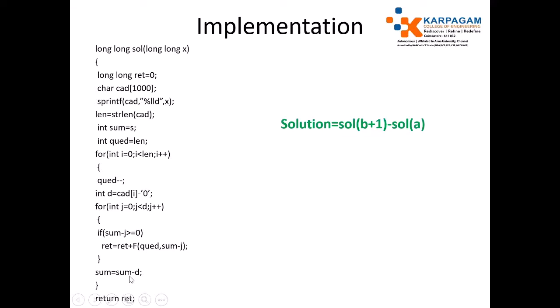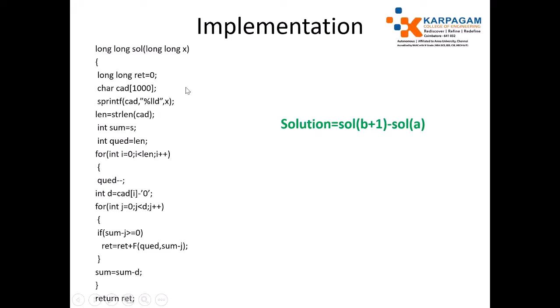For example, if you have 689, we are starting from left to right. First, just subtract by 6. Next, you have to subtract by 8. Next, you have to subtract by 9. If you subtract it, please ensure that the sum should be greater than or equal to 0. This is the condition. In this way, we can solve this problem, because finally you have to return it.